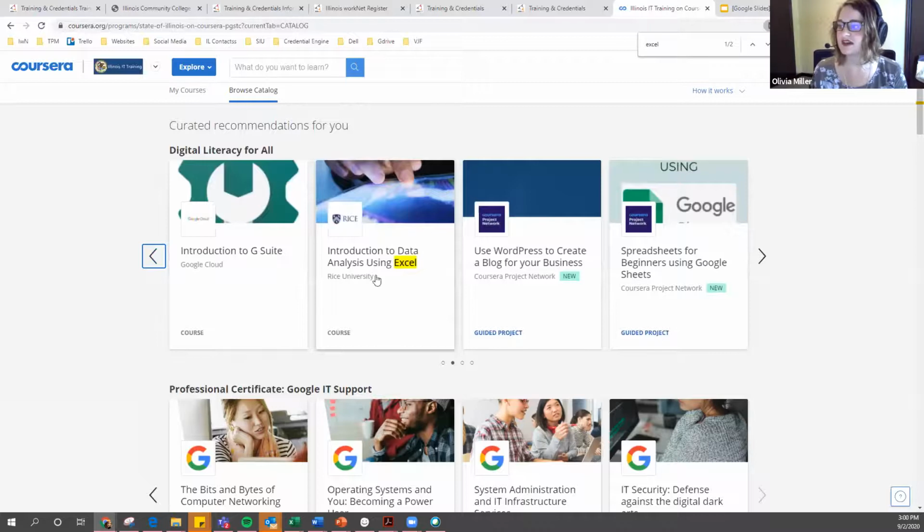So right here is the intro to using Excel data. That was actually the next question we had: are there any Excel courses offered? You will want to kind of go through and look here. I know that we do have some courses that are kind of bigger overviews of using some of the different Microsoft tools. So that's definitely something you can search for.